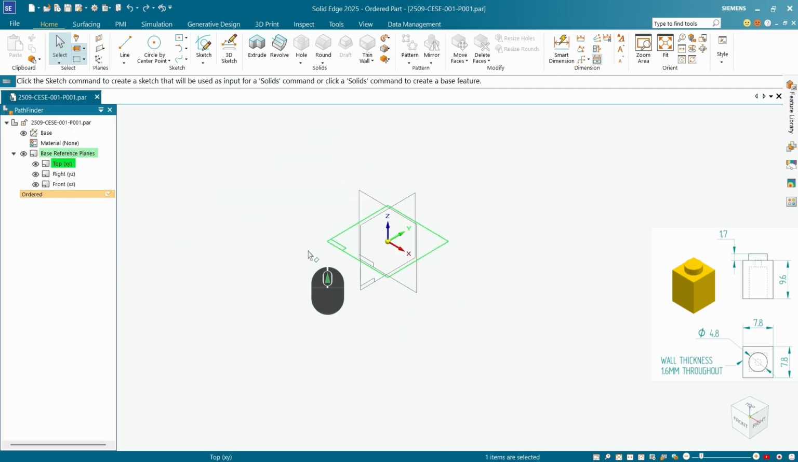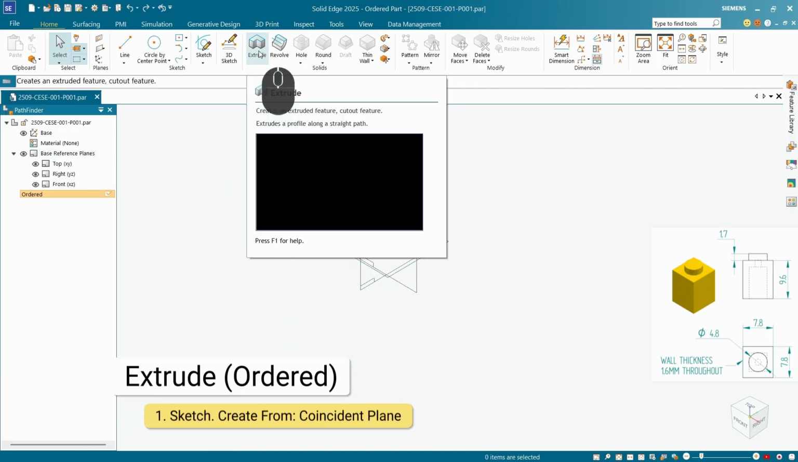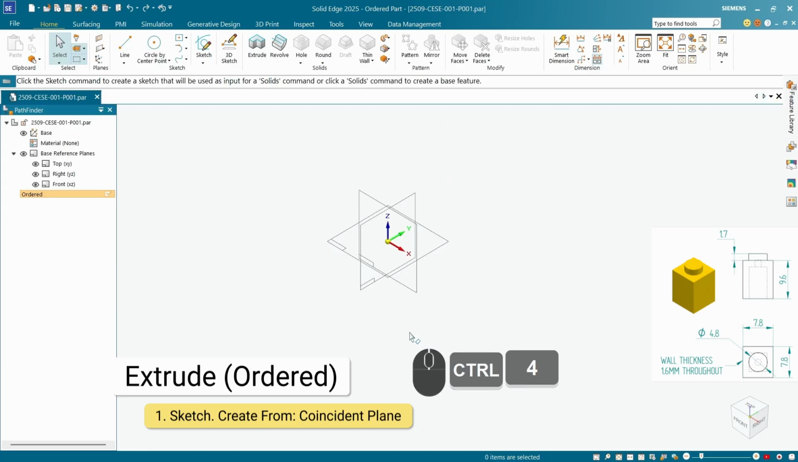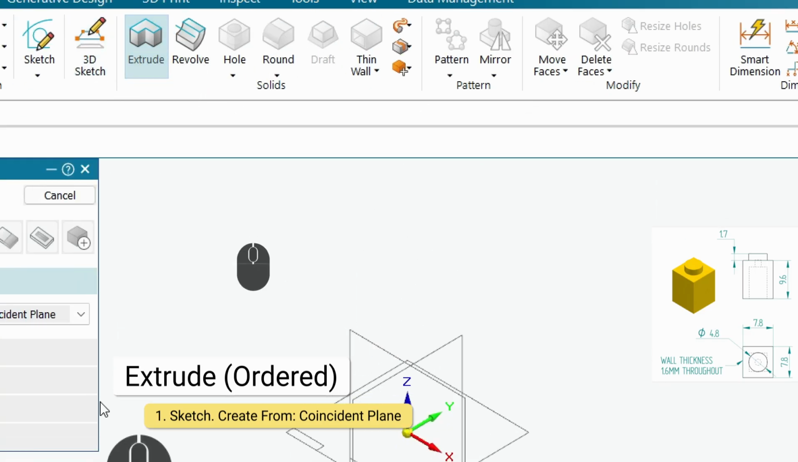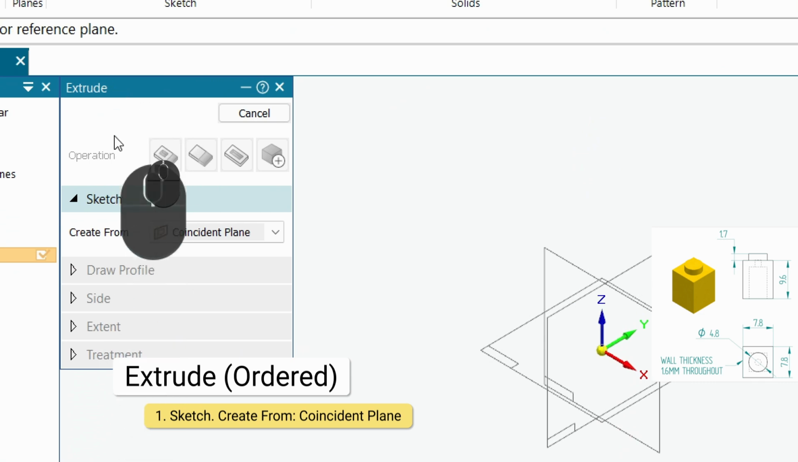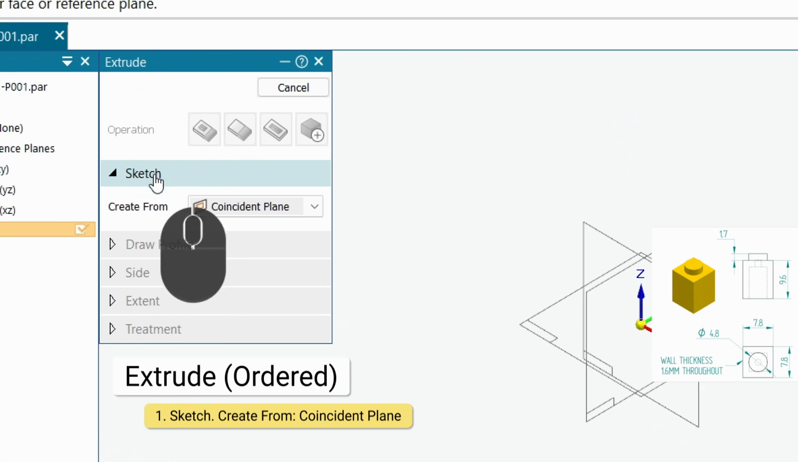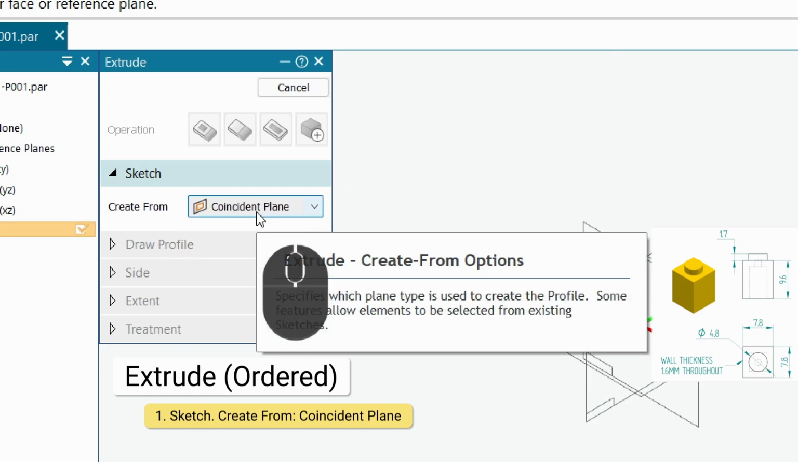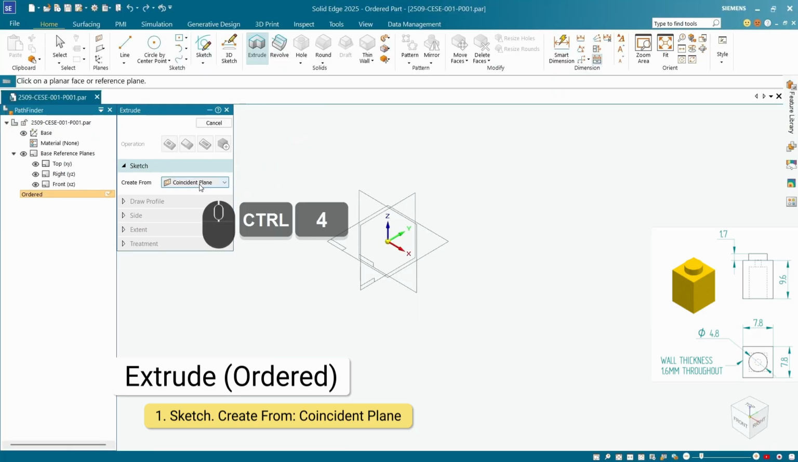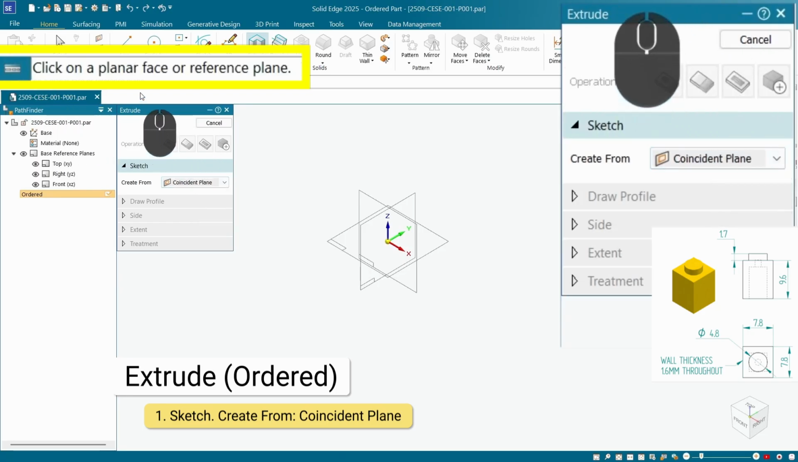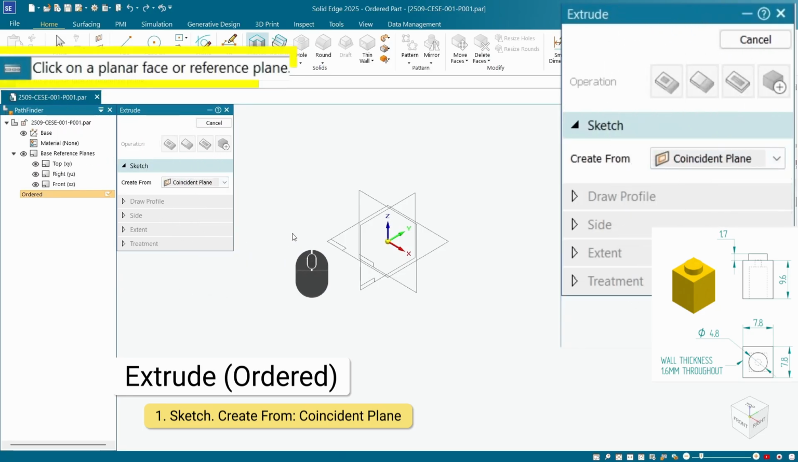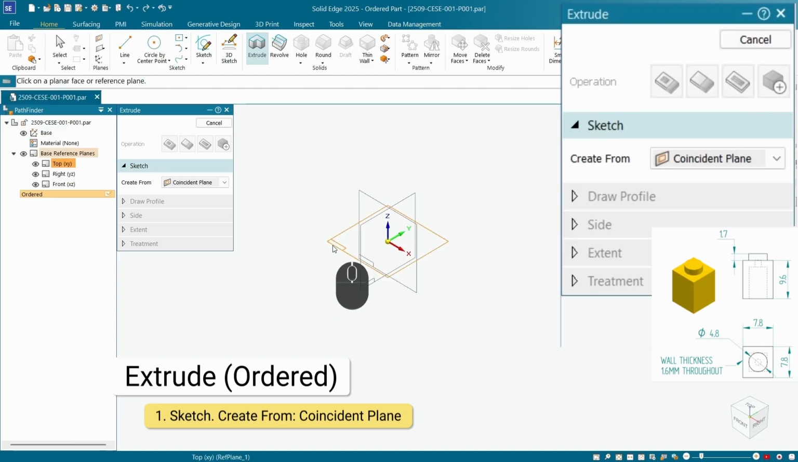So we're just going to do a basic 1x1 block. We're going to start off by starting the extrude command. So I click on extrude. The extrude workflow opens, and the first part of the workflow is create a sketch, create from Coincident Plane. And we can also see in the prompt bar, our little prompt here, click on a plane or face or reference plane. So I can click on the top plane here,